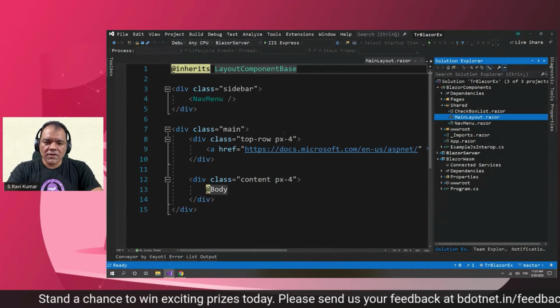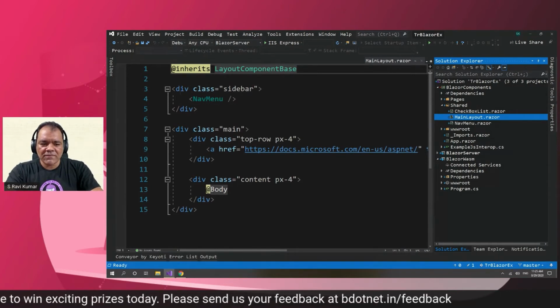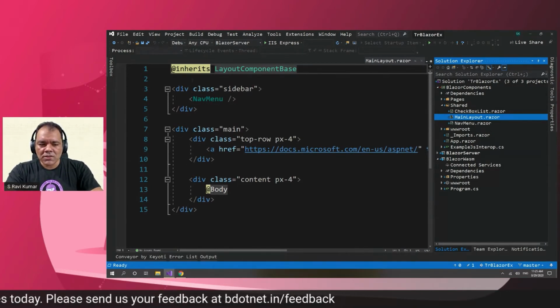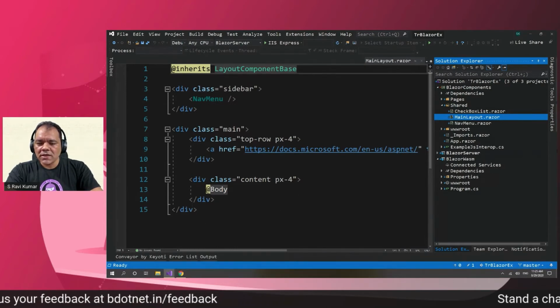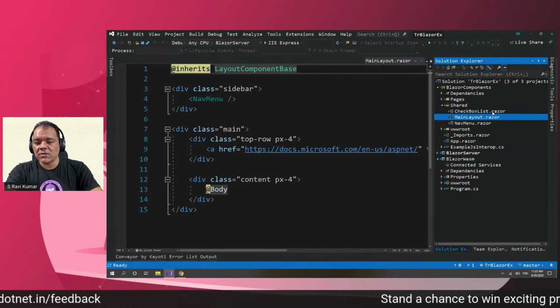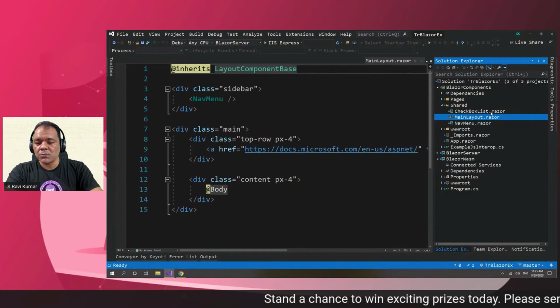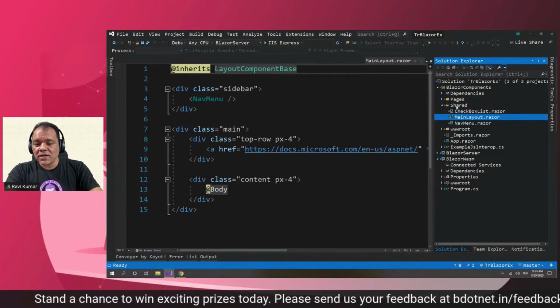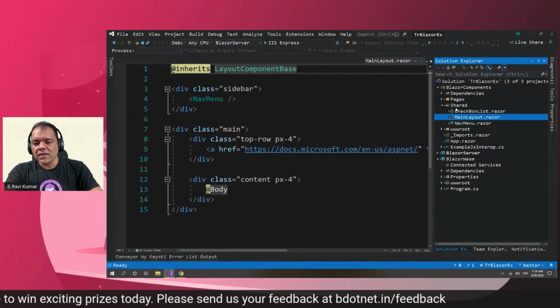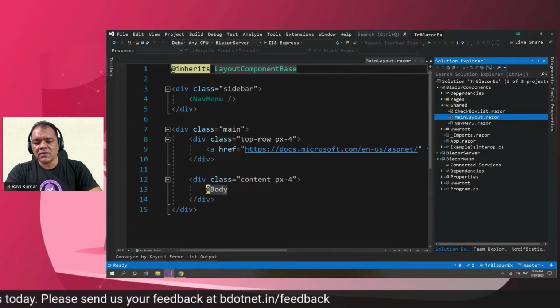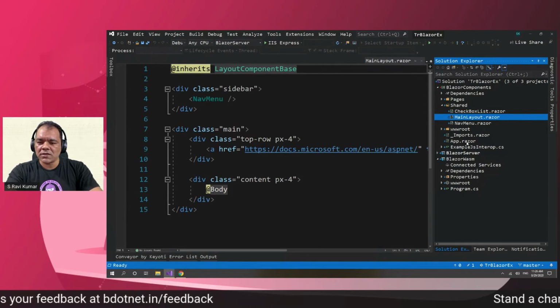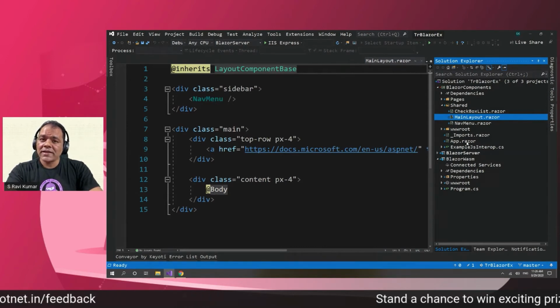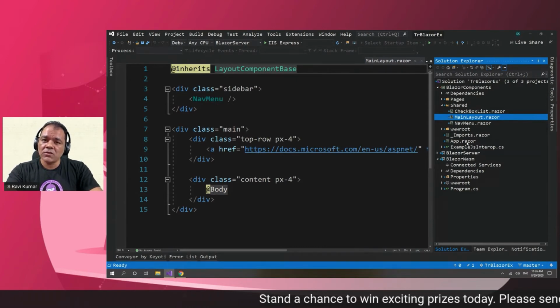So this is where you can integrate your nav menu and other things. This is the main layout page, and as I have created this checkbox list.razor in the shared project, it is a shared page or shared control. That's why I have kept it here. We can even move this Razor class library as a separate project. It's already a separate project, so we can create a DLL out of it, and we can utilize it in another